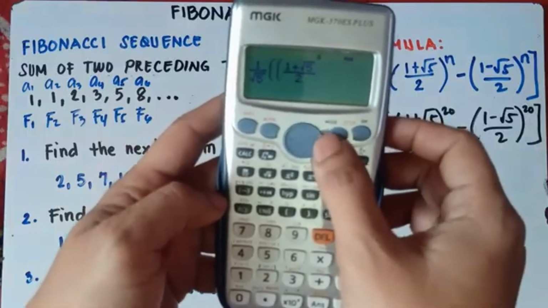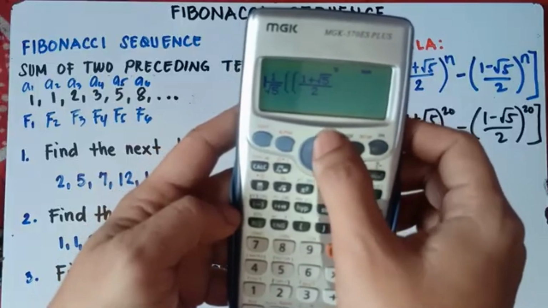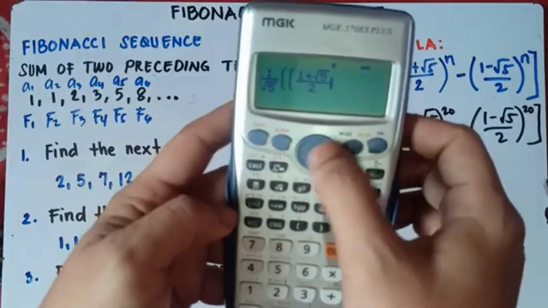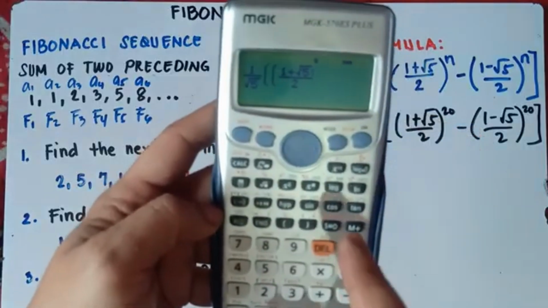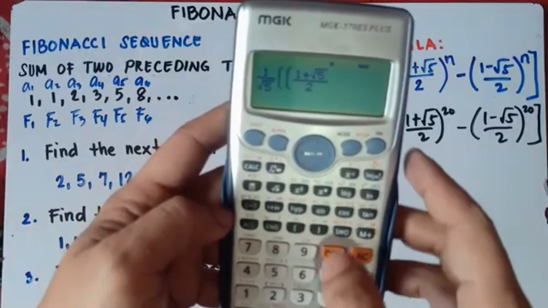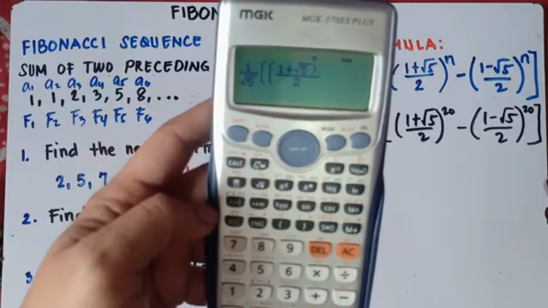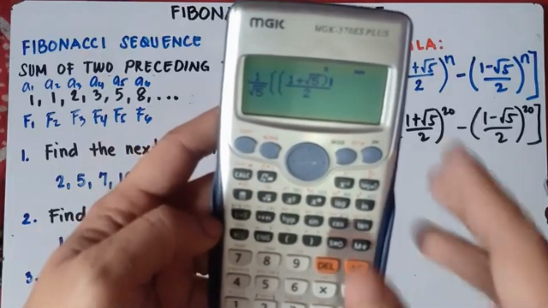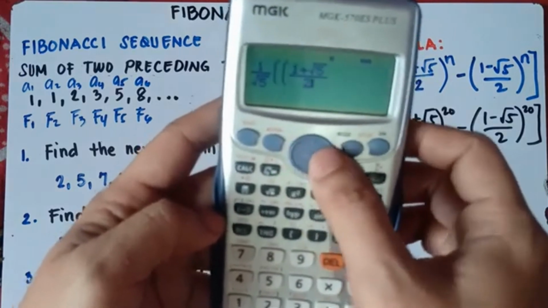Then you move your cursor, class. It must be on the middle part. Because if you move the cursor on the top, your cursor will be at square root of 5. Then you put parentheses, and the close parenthesis is not on the 2 and square root of 5. It's only on the 5. So you need to delete that one. You must put your cursor on the middle part.